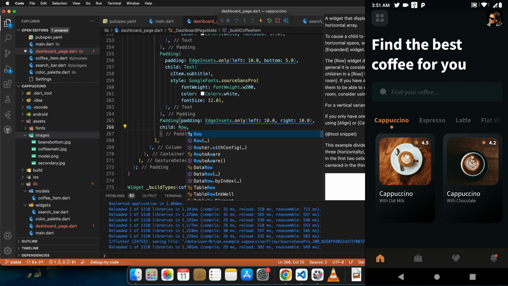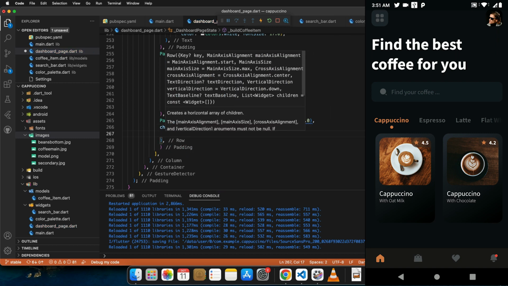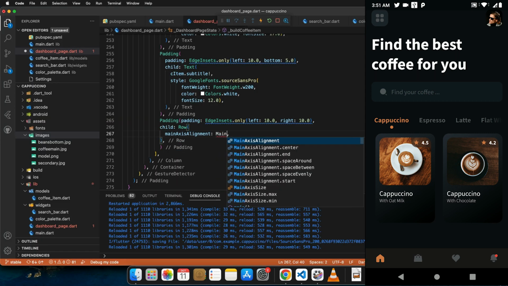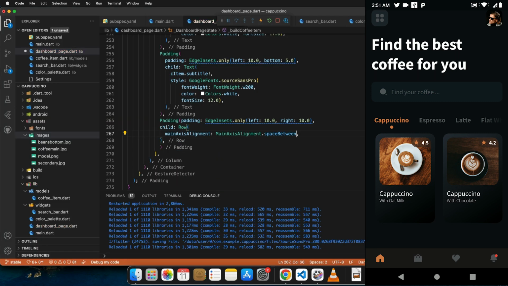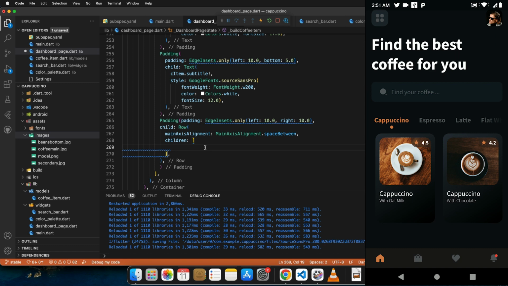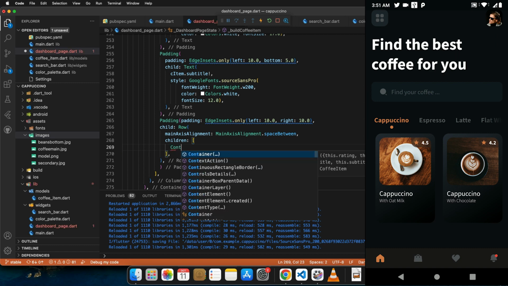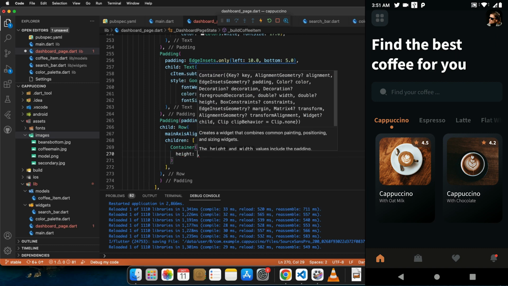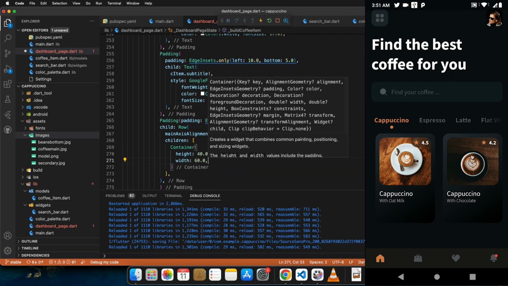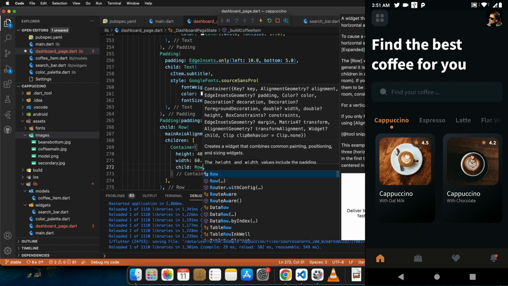Child would be row. There should be space between. Okay, main axis alignment dot space between children. This is this row, the dollar sign and the price. So container height 40, it would be some 60 points, and then child would be some row